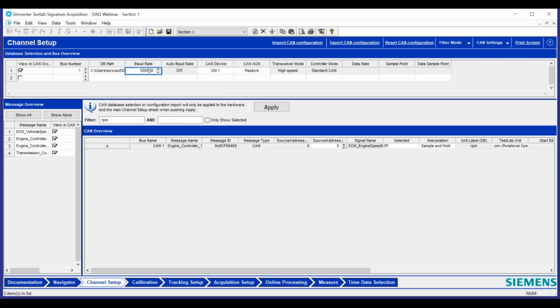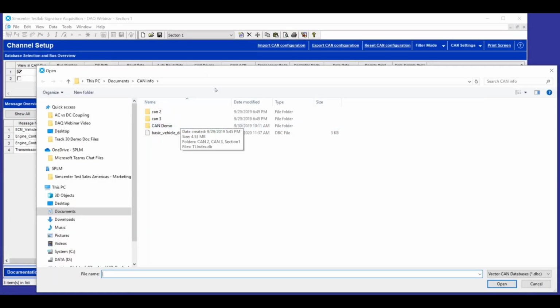You select that. The baud rate, there are different baud rates. That could be 125,000, 250,000. The default right now is set for 500,000, which, from an automotive background, is all I've ever really used and had much success with as the baud rate for communication. But it is adjustable, so if you need to change it, you can. But if you're working on a vehicle, I would say that's probably going to be what it is, and that's a good starting point. Next thing we need to do is select our DBC file.